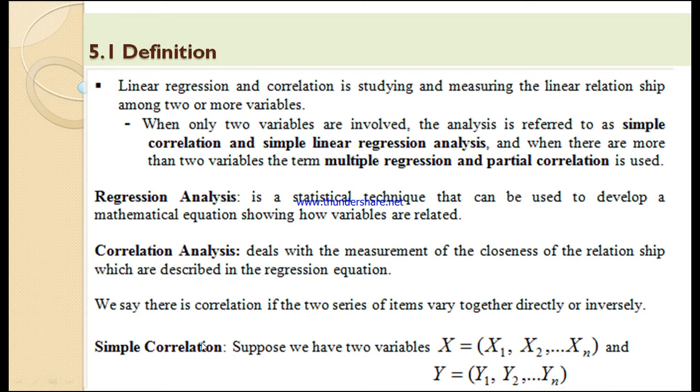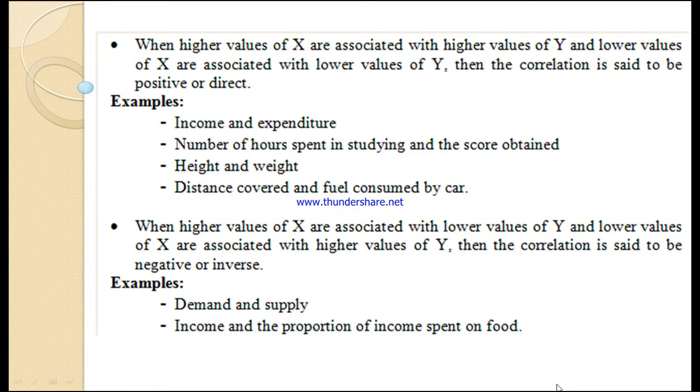Simple correlation is the measurement of the closeness of the relationship between two variables. Let us suppose that our two variables are named x and y, and there are different values of the x variable like x1, x2 up to xn, and different values for the y variable like y1, y2 up to yn. Therefore,